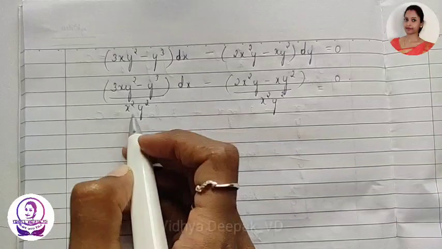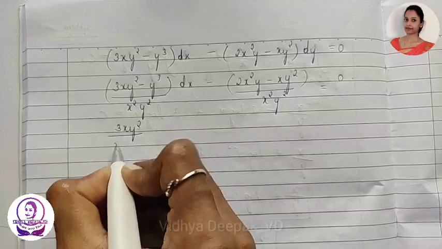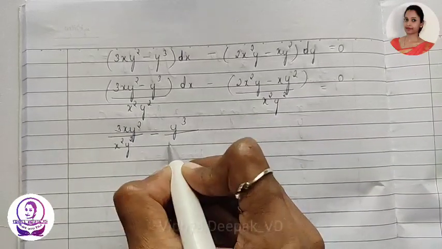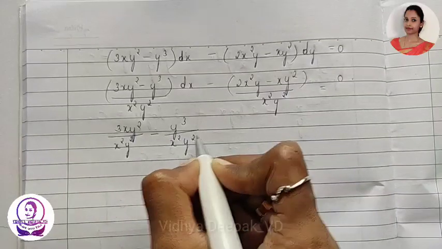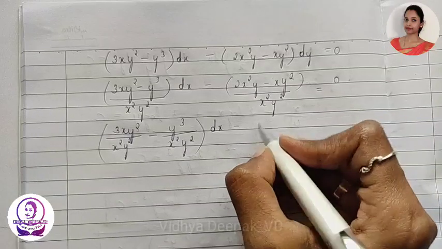Now split the denominator. What do you get? 3xy square divided by x square y square minus y cube divided by x square y square into dx